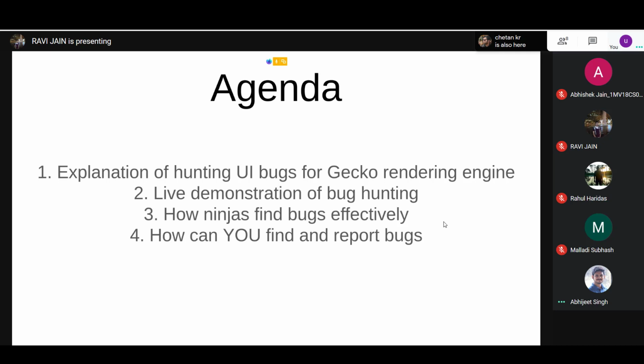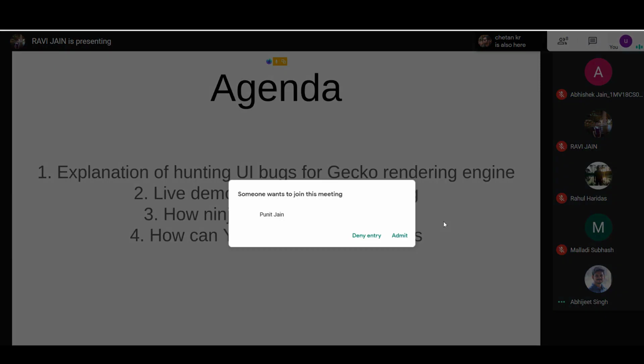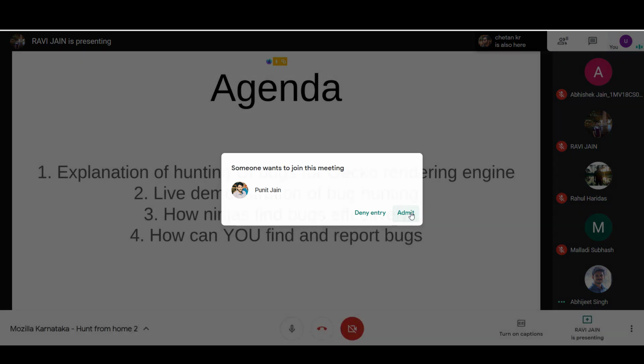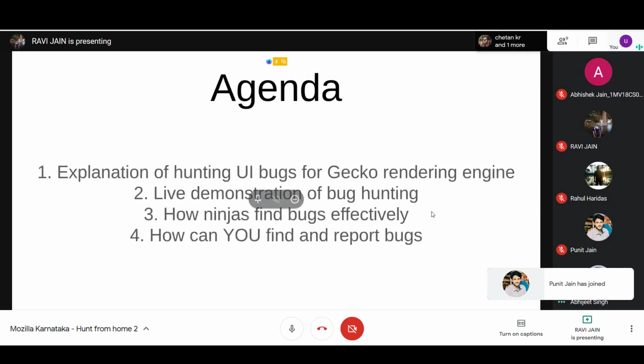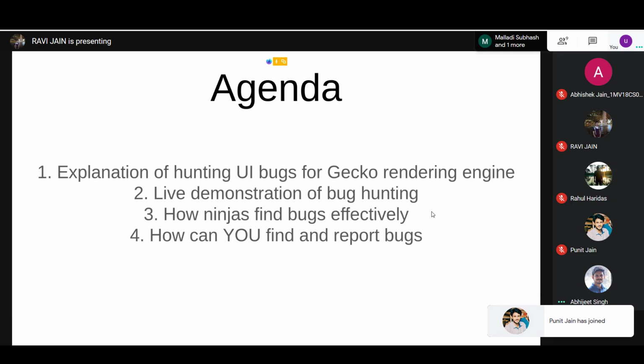And business and UI bugs are important in this way: if you're building a website or a platform for a client who does not know much about technology, the client might not understand much about what is happening in the backend. All he cares about is how the website looks or how the graphics look.